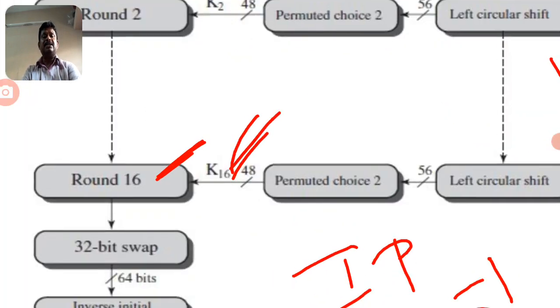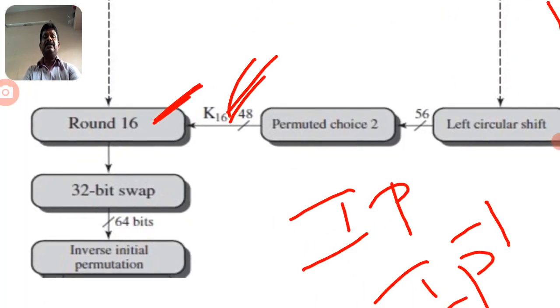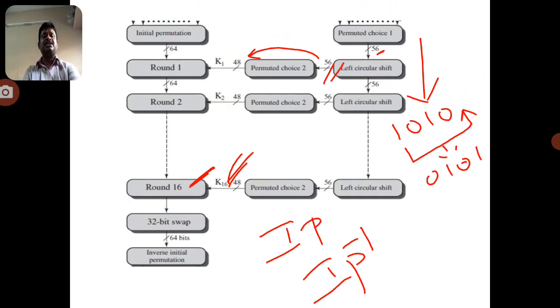And finally we swap the data, and finally we apply the inverse initial permutation. We get the plain text message. Similarly, in decryption we apply the reverse order of this particular encryption process and finally we get the plain text. So DES is a very difficult encryption pattern because it provides more security,